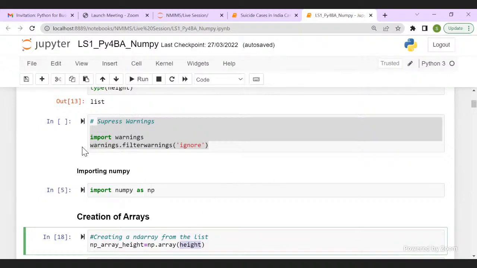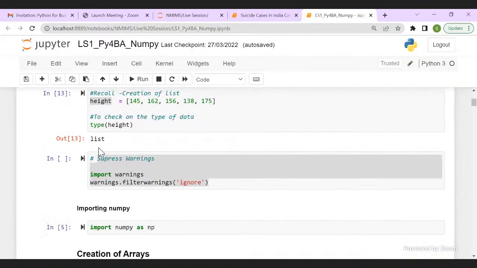Use that same name to create the array, because using this suppress warning code will not help you, because this is an error and not a warning. You cannot suppress an error. You can only suppress a warning which is not of critical importance. This is a critical error. Okay, Sahil was saying, can someone please share the filter warning code? I'm still getting the error.